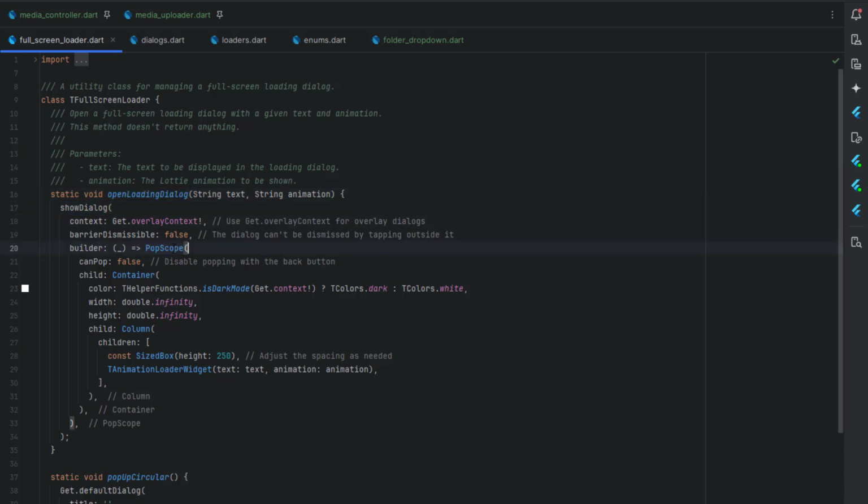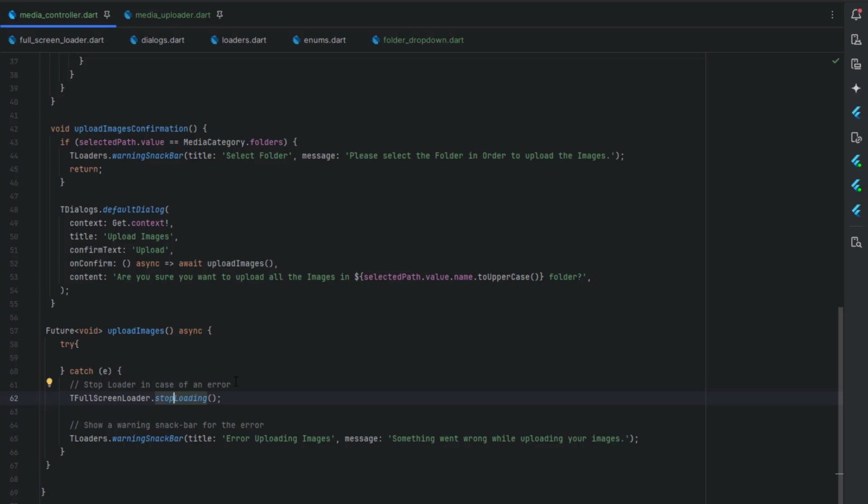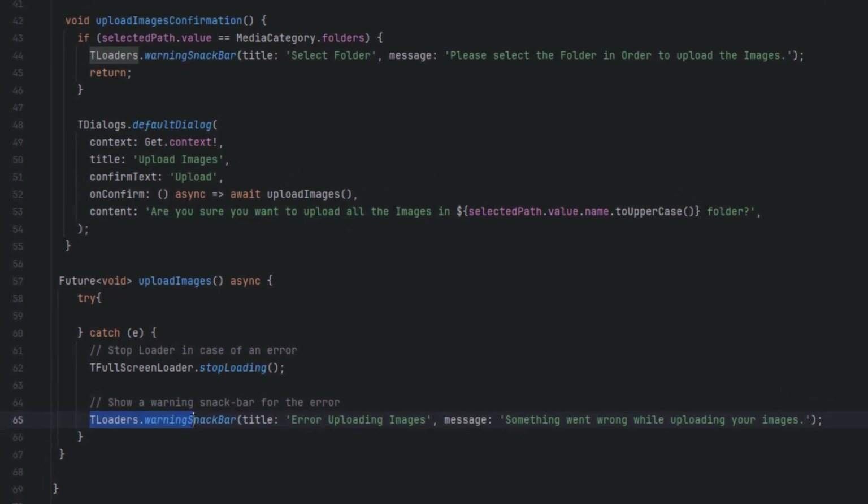Using this PopScope, we will be disabling the back button so that we will not allow the user to dismiss this, and again barrierDismissible will be false. So whenever the pop-up is started, it will be ended either forcefully by closing the window or at the end of the action completed. And after that, we're going to display the TLoaders with a warning snack bar, error uploading image, something went wrong